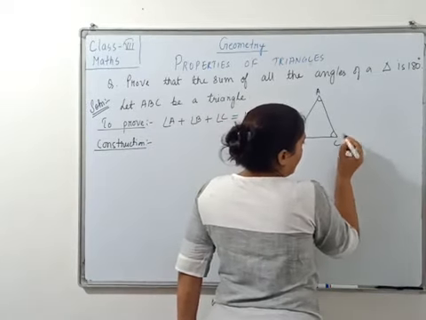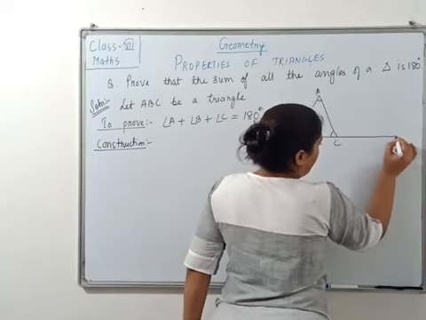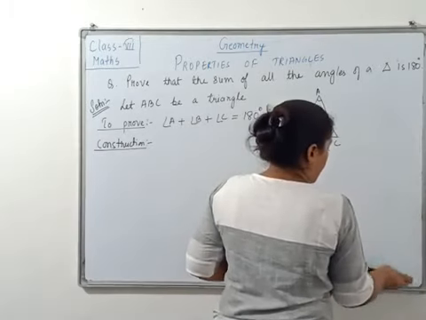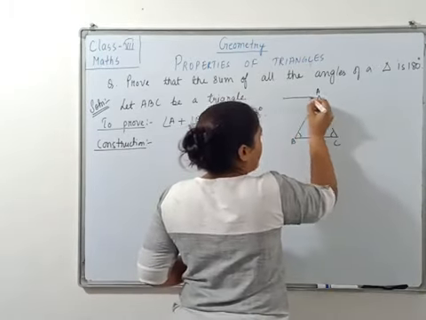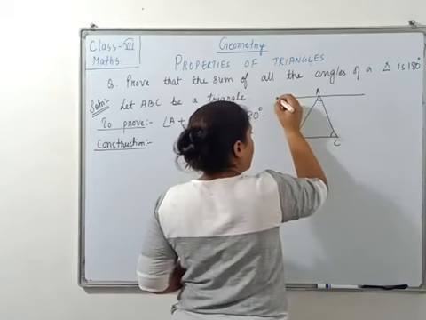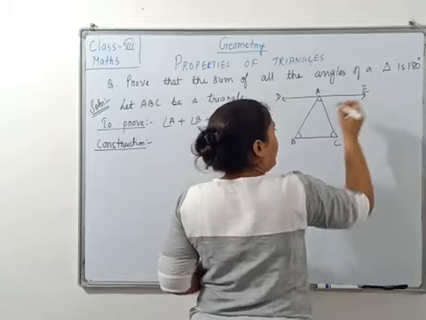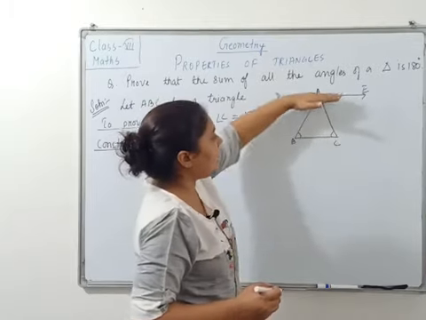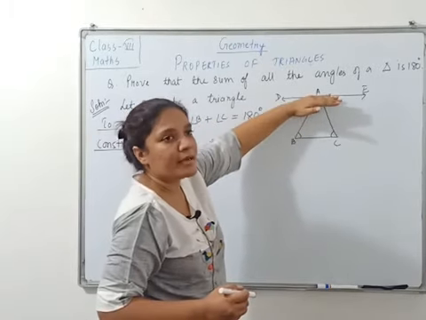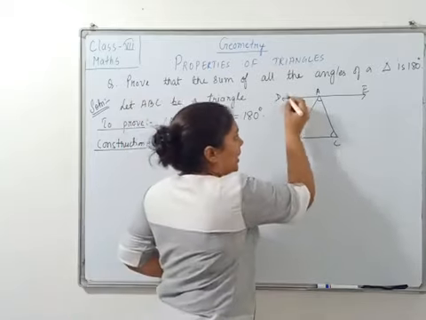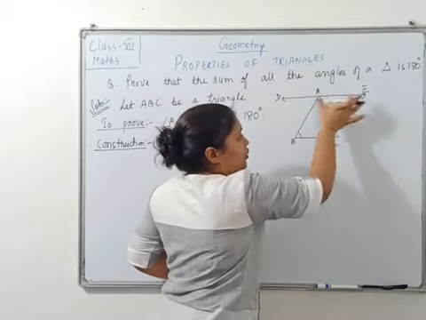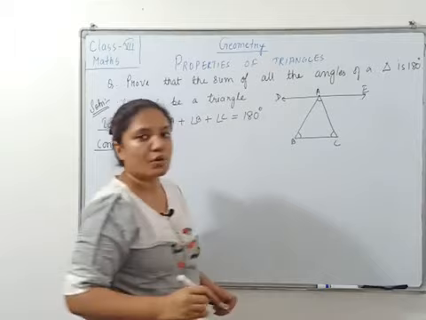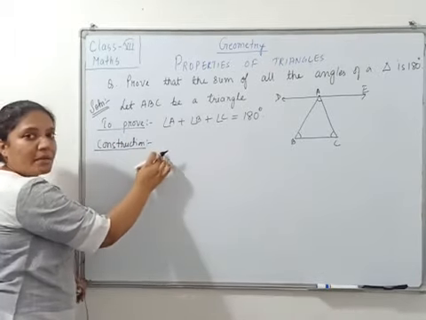Suppose the line BC, let us do something. Let us draw a line through A, parallel to BC. Suppose I write here this name D and this name E. Clear, students? What I have drawn? A line DE parallel to BC is drawn through point A. मतलब मैंने क्या किया यहाँ पे? मैंने एक लाइन ड्रॉ किया है, DE लाइन ड्रॉ किया है जो किसके पैरेलल है? BC के पैरेलल है. कौन से पॉइंट के थ्रू ड्रॉ किया है मैंने? A के थ्रू ड्रॉ किया है. ठीक है, तो मैं कंस्ट्रक्शन में क्या लिखूँगा?